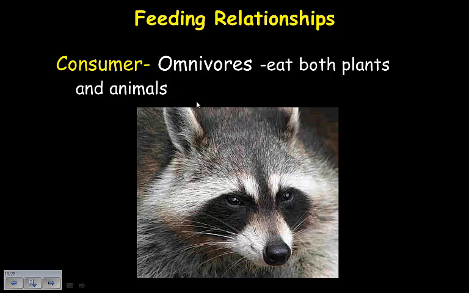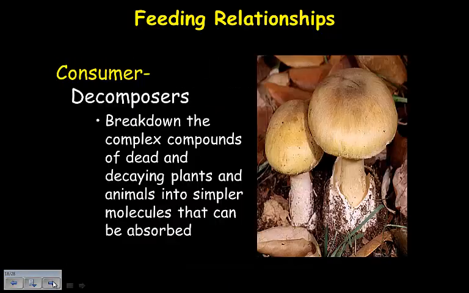All right, so an omnivore. Another type, eat both plants and animals. Good way to tell that they're omnivores, they have both sets of teeth. So they have the grinder molars to grind up the plants like a herbivore would, meaning because we're omnivores, humans. And then they also have the sharp teeth for ripping and tearing the flesh like a carnivore.